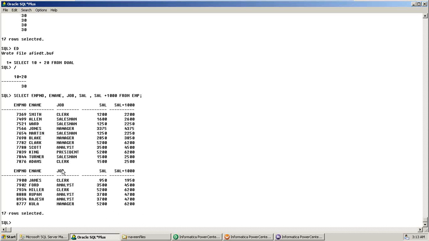Employee number, employee name, job, salary columns are from the EMP table. I am performing the arithmetical calculation on the salary column. That's why I must use